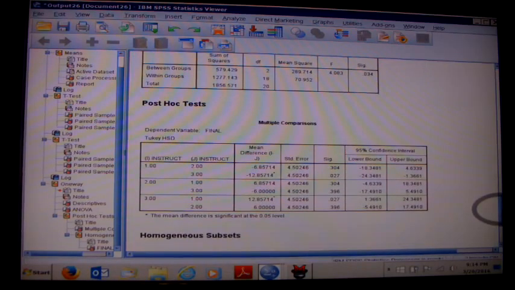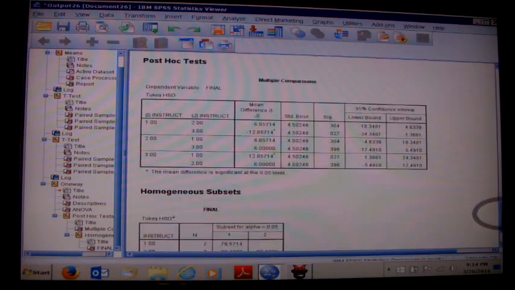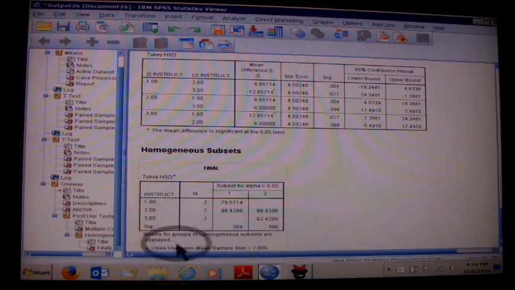And now for page number 72, we have this table. The dependent variable final, the Tukey HSD, the post hoc test. And notice there's something underneath it afterwards too. It's a homogeneous subsets. So we have this one done. Now let's look at page number